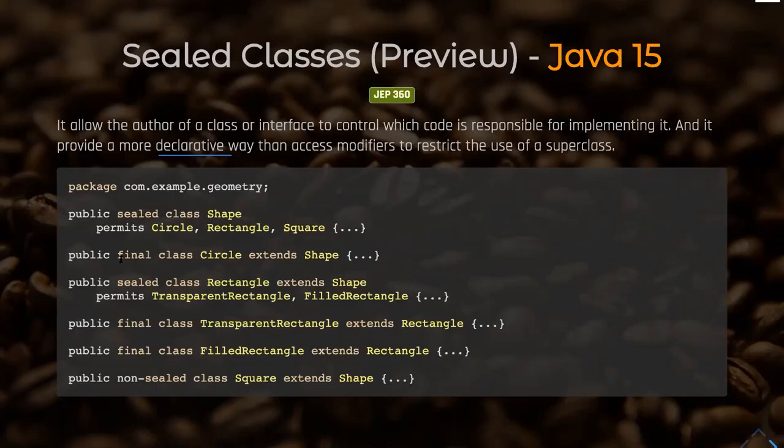And then you can also close the extension for the Circle by making it final. And also you have to extend Shape because it should be implemented by Shape. It's declared here. And also you can say that the Rectangle could be declared as sealed because you would like to give more extension and implementation for the Rectangle class. So you have to implement it like this. And then you can say that TransparentRectangle and FilledRectangle should be final and not extended by any kind of